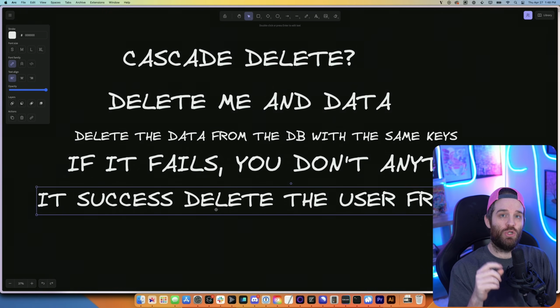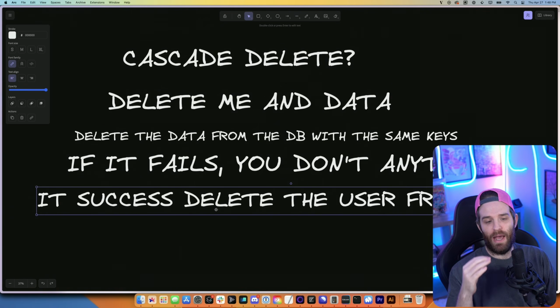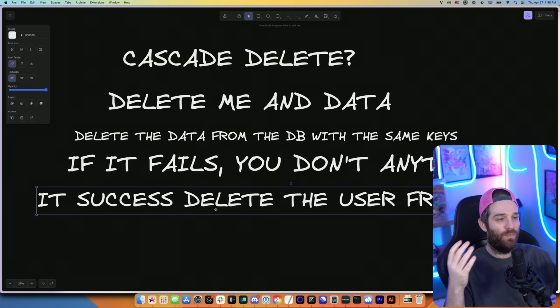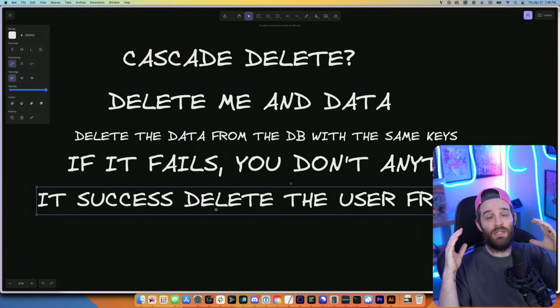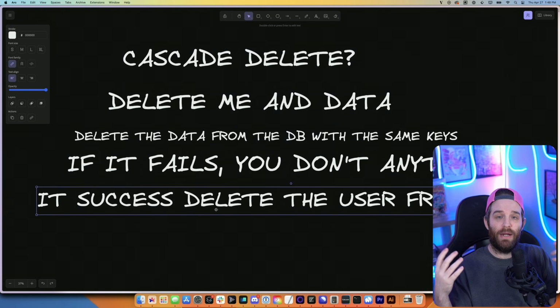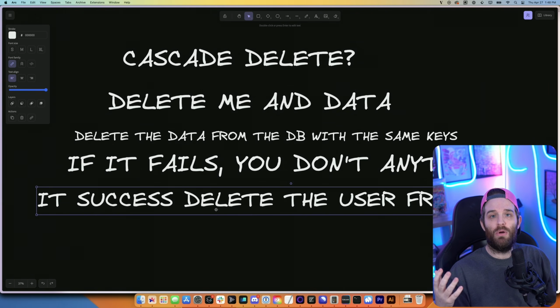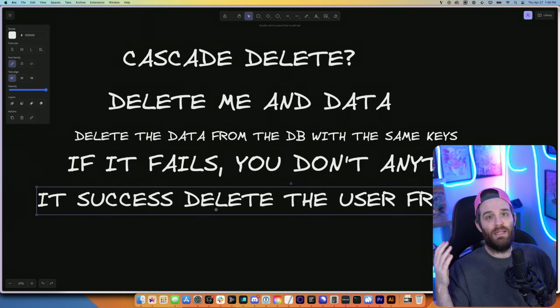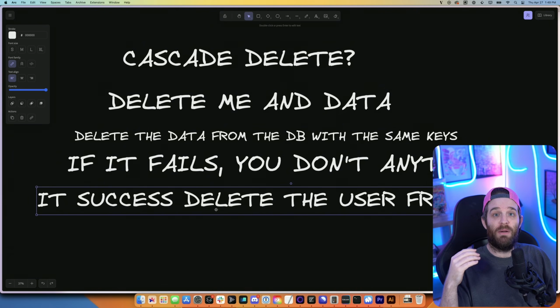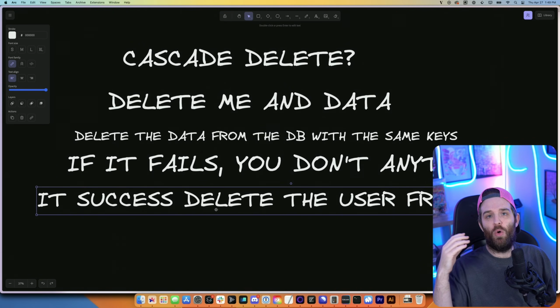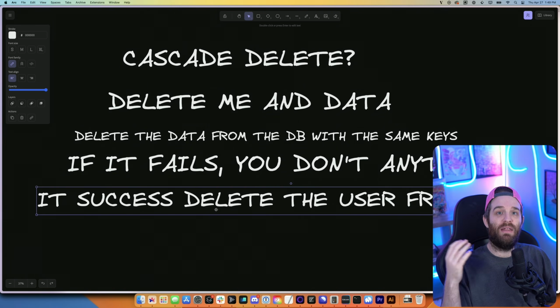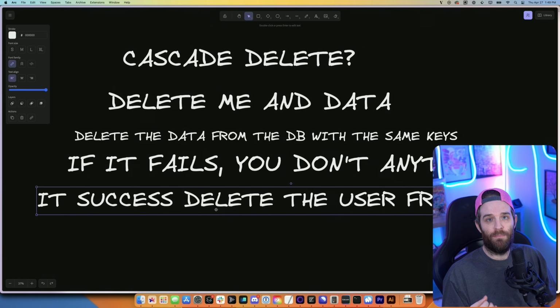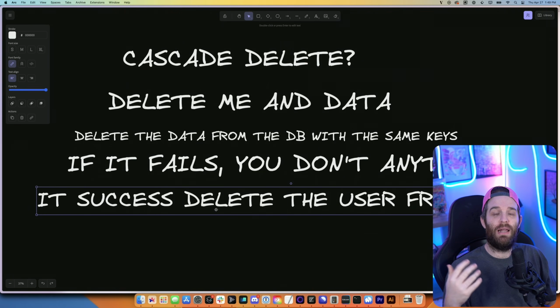The idea is that you just shift that mentality slightly and think about how would you delete the data. Well, first you want to remove it from your DB where it's using that user ID, and then finally delete it from Clerk where the user can no longer log in and have any application data. So all you have to do is really shift that mental model from I need to have a cascade delete if I delete the user to I need to make a procedure to delete them from PlanetScale or wherever you're storing your data. And then finally, the last step is to delete the user. And if any data fails for whatever reason, don't delete the user from Clerk and let the user know.